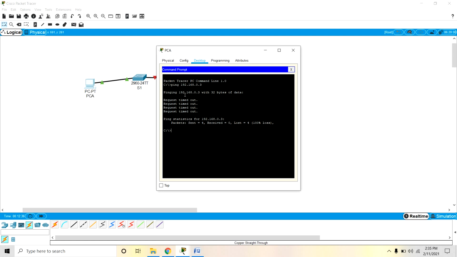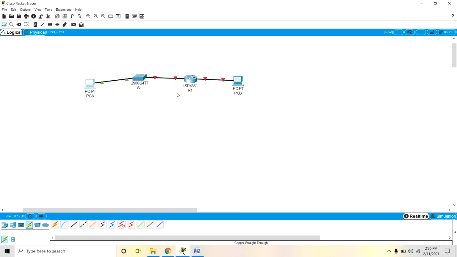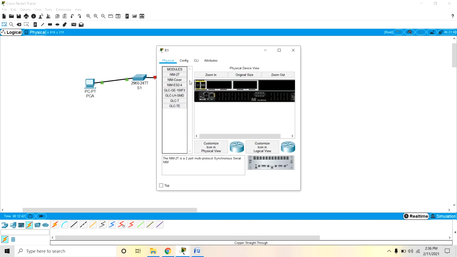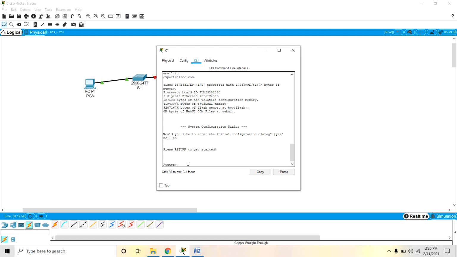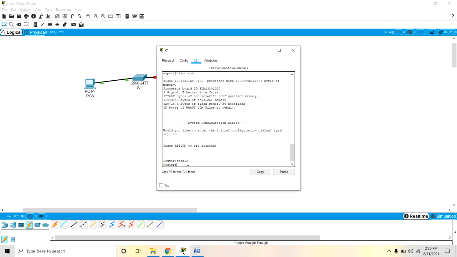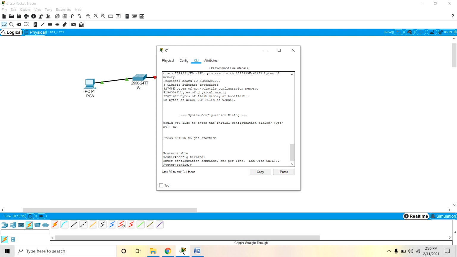Now configure the router. You can open the router and open the command line interface, and enable. Now enter configuration mode by using the command config terminal, and you can assign the host name R1.